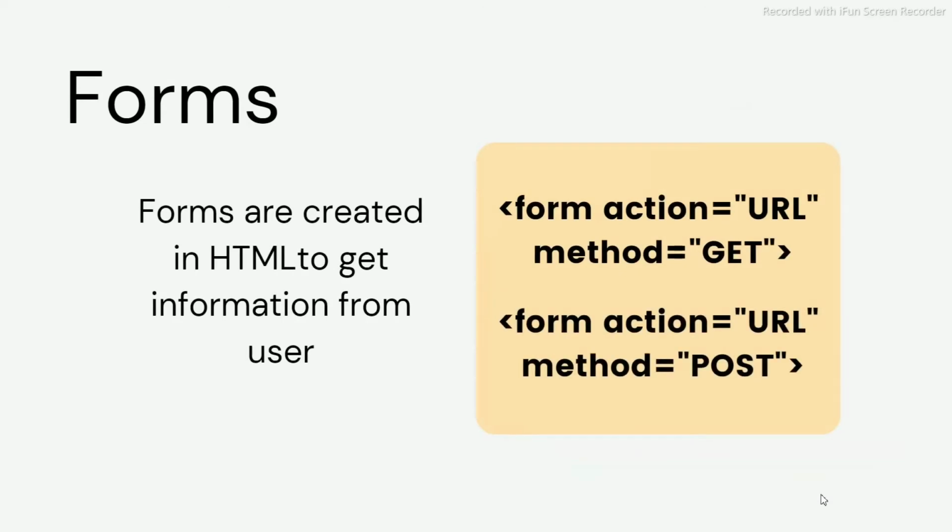Now we are going to discuss forms. Forms are created in HTML for the purpose of taking information from the user. Just like you have sign up and sign in, these forms are used in HTML. A form is written with two attributes, action and method, with a form tag. In HTML, the methods are of two types. One is get and another one is post. When we use get, we get information from the website. When we use post, we are posting information to the website. And for action, the URL is used like www.canva.com and many more.